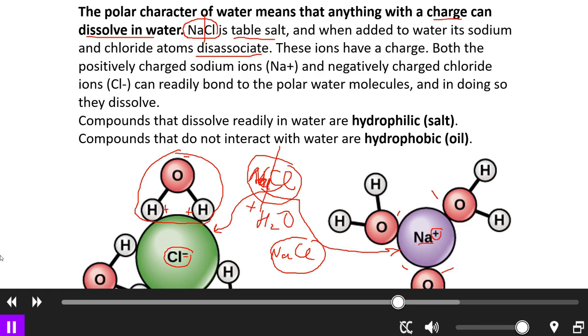So everything that has electrical charge, like sodium chloride, is called hydrophilic molecules or components. So it means they can easily dissolve in water. They like water. It's called hydro, meaning water, and philic meaning like. So any chemical components which have an electrical charge will be hydrophilic, like salt, and easily dissolve in the